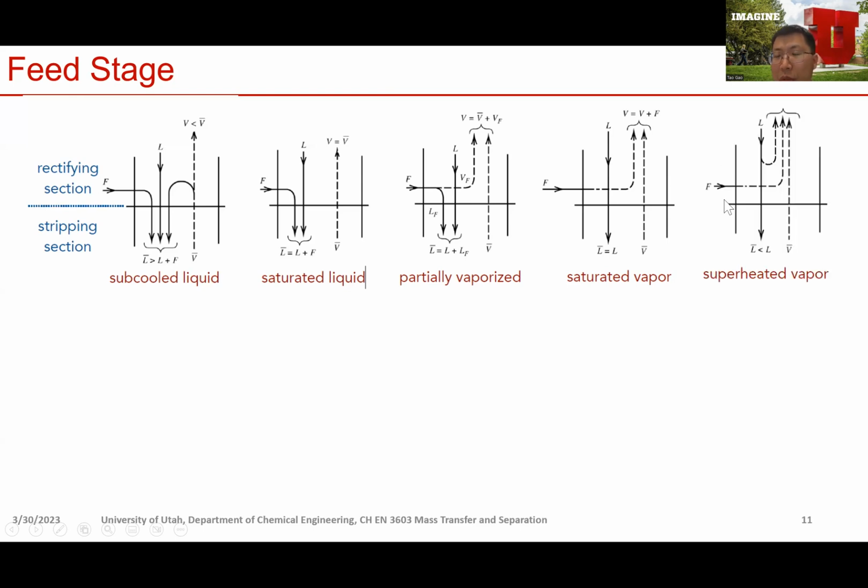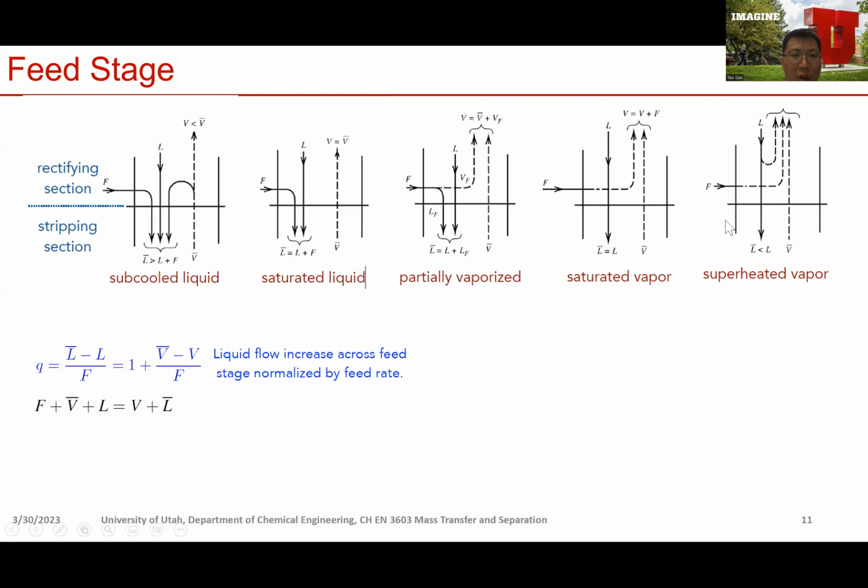And if it's a superheated vapor, because now the superheated vapor's temperature is higher than the equilibrium temperature, then after it enters the feed stage, its temperature will be brought down to the equilibrium. That happens by vaporizing some of the downcoming liquid, right? So as a result, L bar will be smaller than L, because a portion of the L is vaporized and will join the upcoming vapor phase. Okay, so if we define Q to be L bar minus L over F,